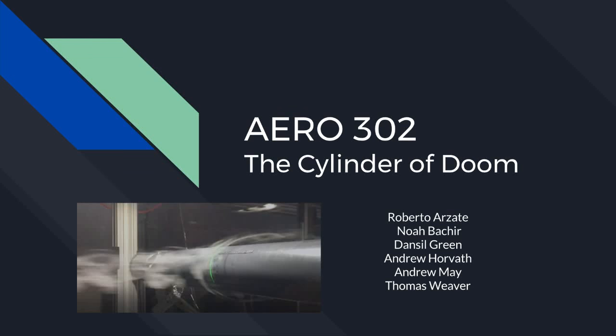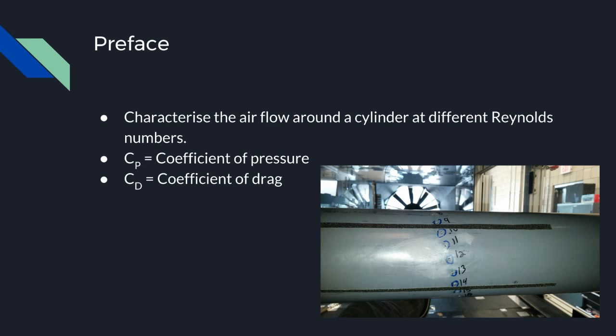302, the cylinder of doom. In this laboratory, 24 pressure sensors were used to characterize the flow over a cylinder placed inside the California Polytechnic State University low-speed wind tunnel. In this video, we are